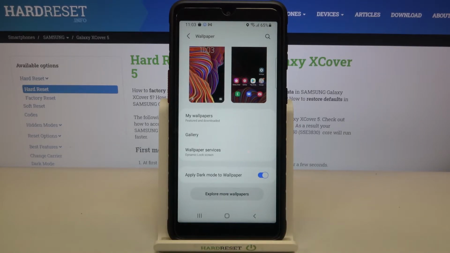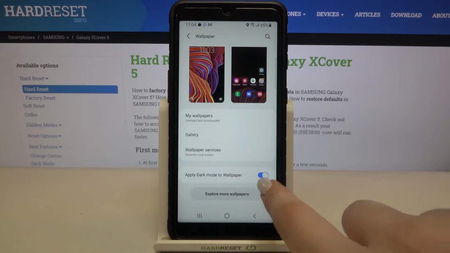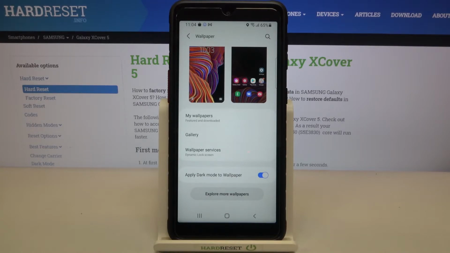What's more, after scrolling down, and if you will have the internet connection, you can tap on Explore More Wallpapers, and then you will be transferred to the Galaxy themes, I believe. What's more, here you've got the option Apply Dark Mode to the wallpaper, so it means that if you will have the dark mode on, then it will also affect the wallpaper, so it will make it a little bit